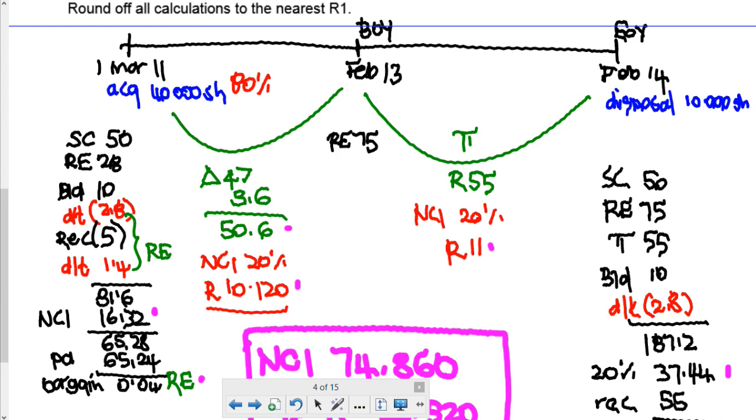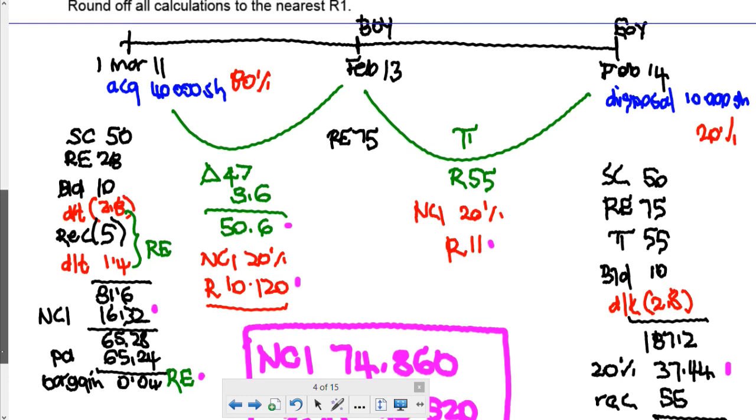And at end of year, there was no dividend, but there was a disposal of 10,000 shares, which works out to 20%. Share capital at the end of year was 50. Retained earnings at beginning was 75 plus the profit for the year of 55. I'm doing the same calc that I did there, I do here to determine fair value of assets and liabilities. Presumably that building is still there and it's still worth that. They didn't say that it had been written down. They didn't say that the subsidiary had accounted for it subsequently. So we put it back in again, building and the deferred tax, giving me net asset value